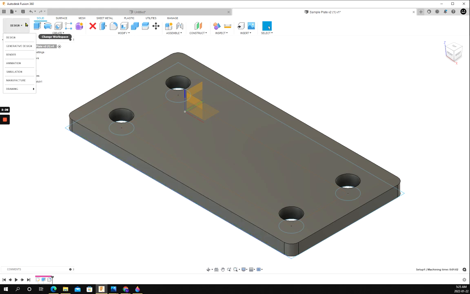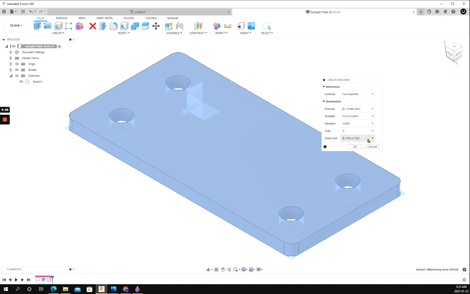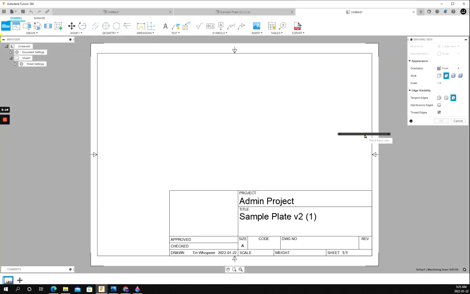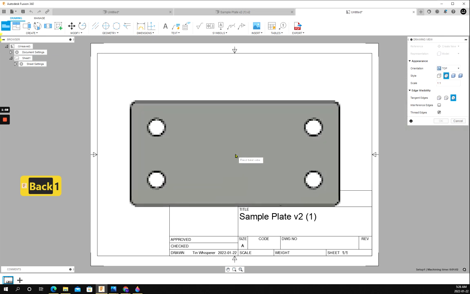Now we'll move from the design workspace to the drawing workspace to start making our PDF. I'd like to make this PDF on a landscape 8.5 by 11. We start out with our model attached to the cursor, ready to be placed with a single left click, but we want a top orientation and to change the scale to 1:1. Before we do that, now we'll place it close to center